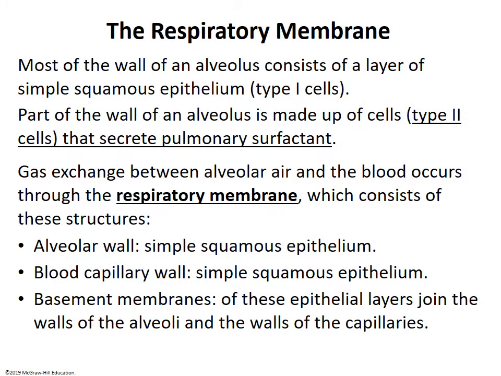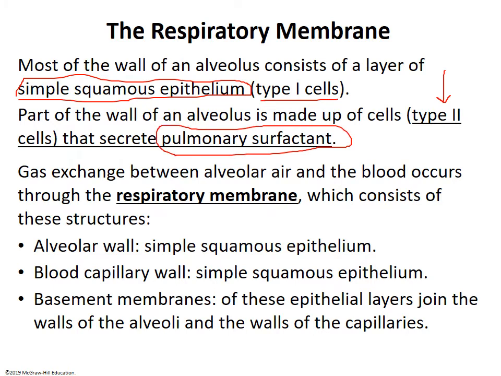And so the majority of the alveoli consist of a layer of simple squamous epithelium, and these are referred to as type 1 cells. But there is a type 2 cell, and I talked about this on one of the previous videos. These cells are what secrete pulmonary surfactant. We talked about surfactant, how it is a chemical that's released to help weaken what is called surface tension. So these type 2 cells are the cells that are not active on premature babies. They generally don't become active until about the time of the normal